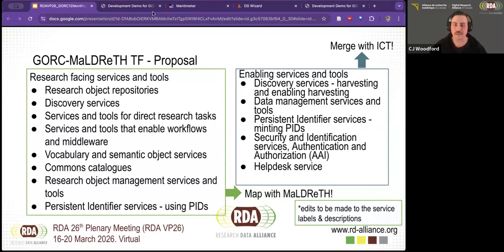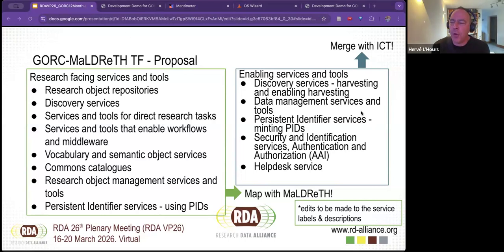Hervé? Hi there. To follow up on Francois's point, and I'll probably follow this up with you afterwards anyway, in terms of modeling this through the whole life cycle, there is a design decision to differentiate things as researcher facing, whereas another option is to think about this in ICT terms as human practitioner facing versus back-end services.